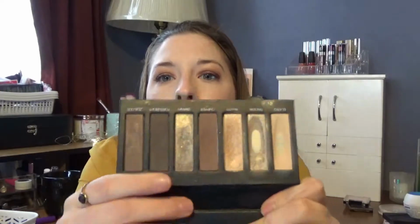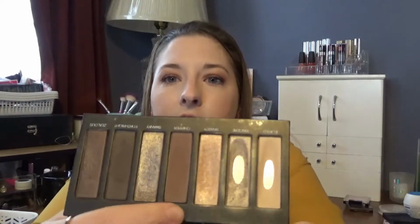Alright, so back into eyeshadow palettes. I did bomb progress, I think, on this one. Like, there's a good dent in there, there's a good dent in here, and a very good dent in here. And then I hit pan on these two. I didn't really do too much on these shades, but